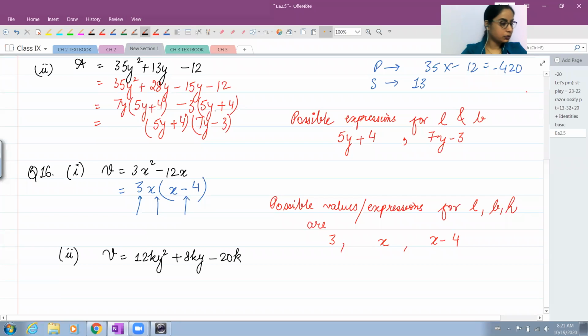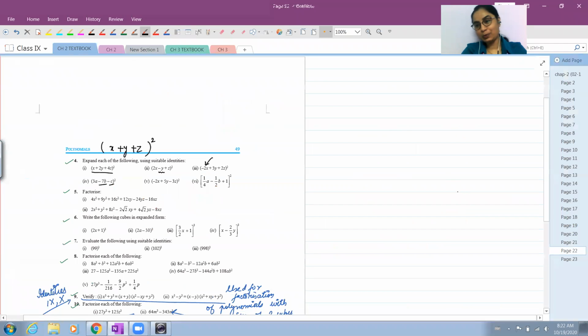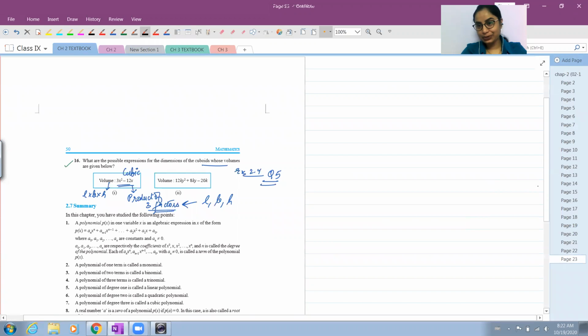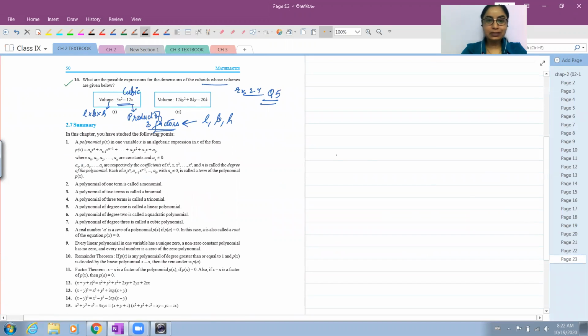Okay, I think I actually have read the expressions wrong. I mentioned these expressions to be cubic, but these are not cubic, these are quadratic. I am actually referring to a different question, which might be in the assignment. I haven't taken the look at the assignment. So the expressions that we have are quadratic, but you could be given cubic polynomials for the same, because cubic polynomials will actually be product of 3 linear factors, and those will be representing length, breadth, and height. So I would just like to retract what I said.